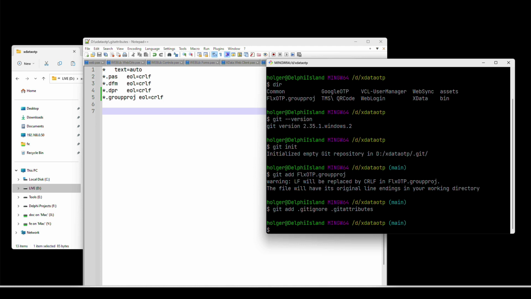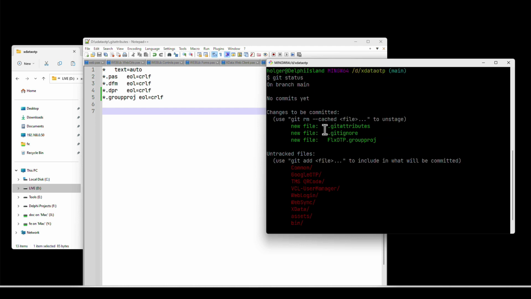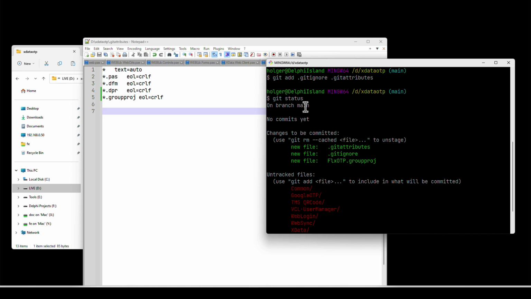You might think this is it. You have now all your files under version control. Well, there's actually a 3-step process. If you say git status, it gives you the status, what has been added yet. So it tells you, well, we are on the main branch. As I said, you can have many different branches of development going on. By default, it's main. That's the main branch that you worked on.